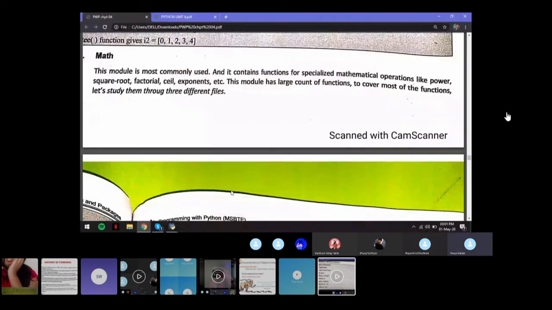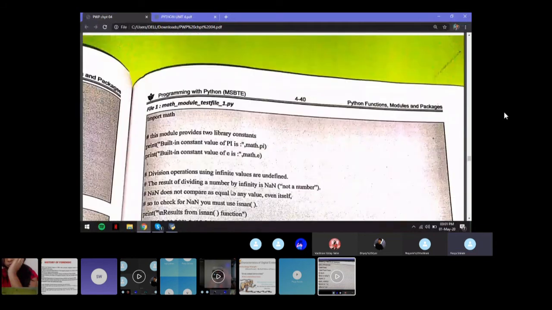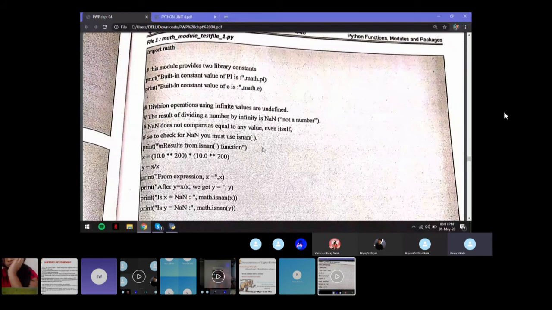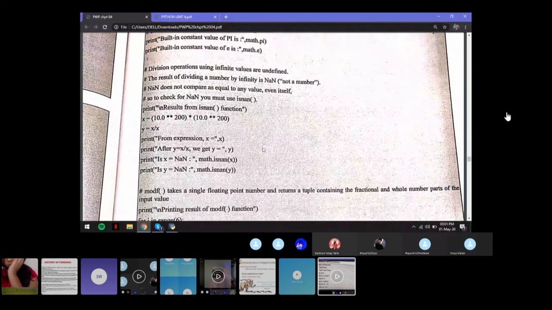Then you have the math module. The math module will have the pi function, e function, then isNaN, that is not a number, etc. There will be a lot of functions.